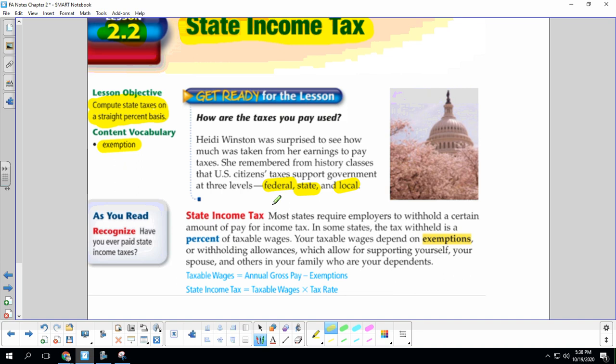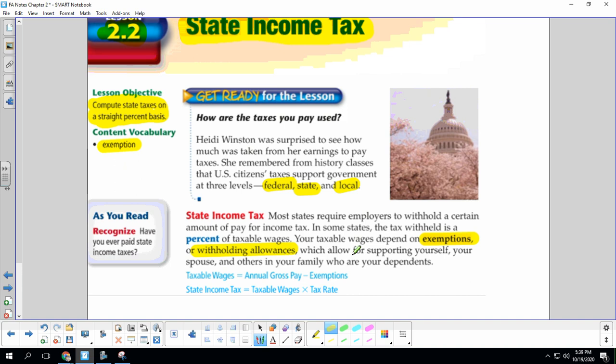State income tax. Most states require employers to withhold a certain amount of pay for income tax. In some states, the tax withheld is a percentage of taxable wages. Your taxable wages depend on exemptions. You get a little credit if you have an exemption. They're also called withholding allowances, which allow for supporting yourself, your spouse, and others in your family who are